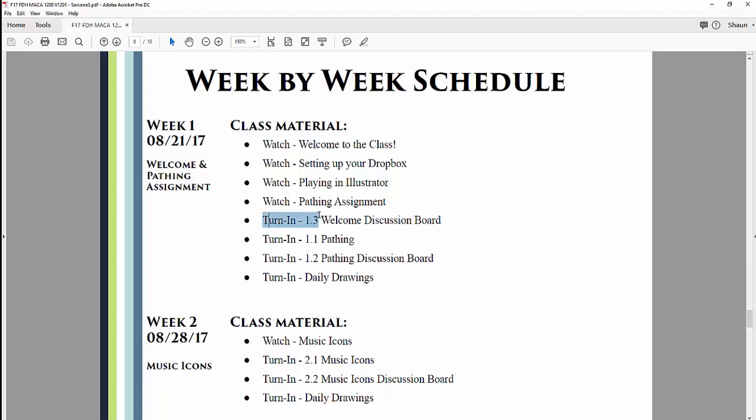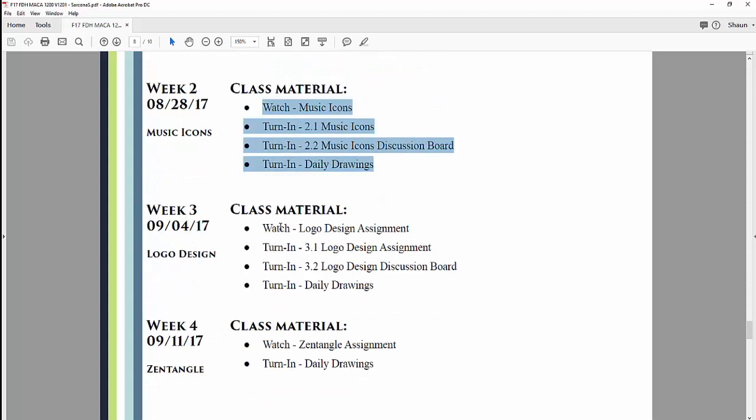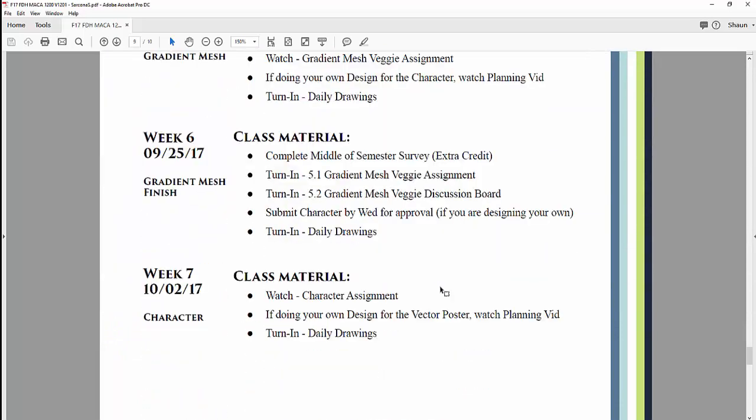Here's your turn-ins. Okay, so right in this week-by-week schedule, you can see like what's required to turn in. 1.3, 1.1, 1.2, and then turn in your daily drawings. Okay, then we go to week 2. Watch music icons, turn in this, this, and this. Week 3, watch logo design, turn in this, this, and this. All right. When we get to